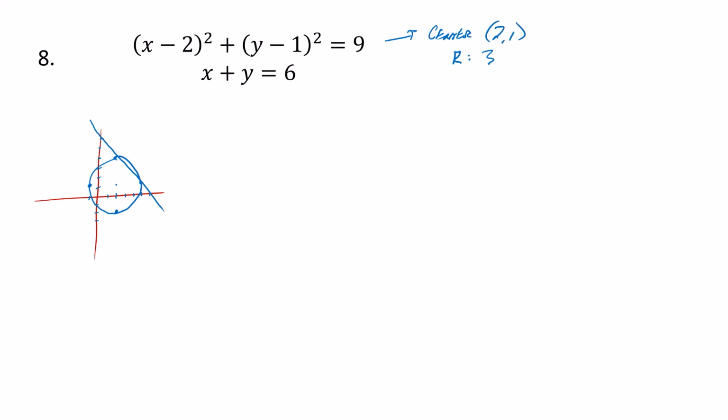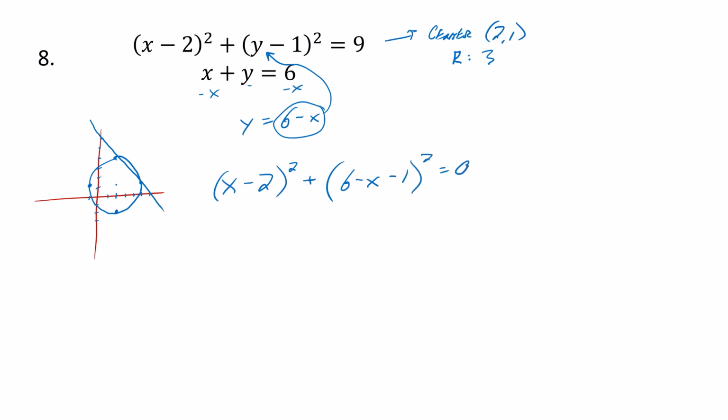Anywho, as far as how do I actually solve, this is now going to be a substitution or elimination approach. Seems like substitution really is the only option for this one because there's not much that pairs up for elimination to work. So I'm just going to make a decision as to which one I want to substitute in place of. I think I'm going to get y by itself, so take away x. I get y is equal to 6 take away x. So I should be able to take that, substitute it in place of the y that we have, and start that solving process. In doing so, I've got 6 take away x in that spot, minus 1 more,